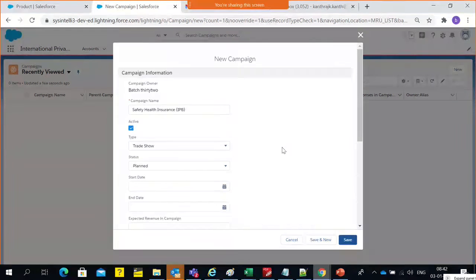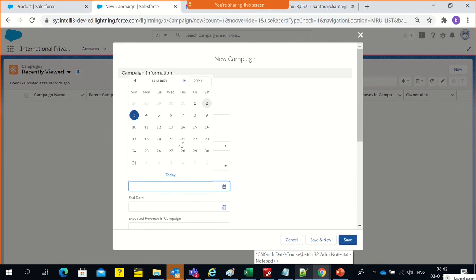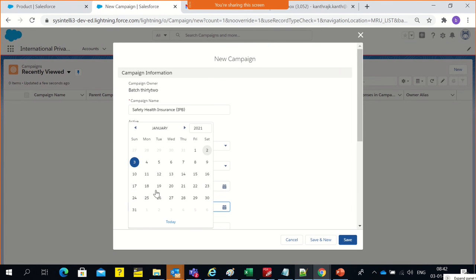You put up a stall and then you're walking here and saying to people, this is a nice insurance you have to buy for your family, for yourself. So that we are promoting something there. Status is already planned. And when would we start? Let's say we start from next Monday, and the end date should be on to the